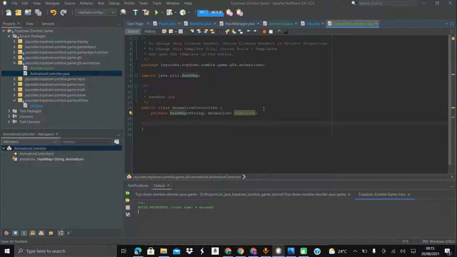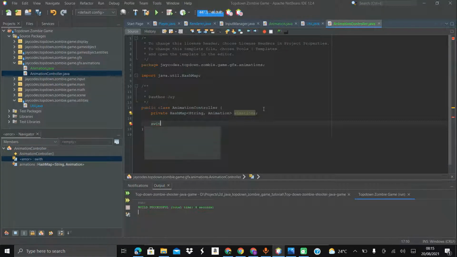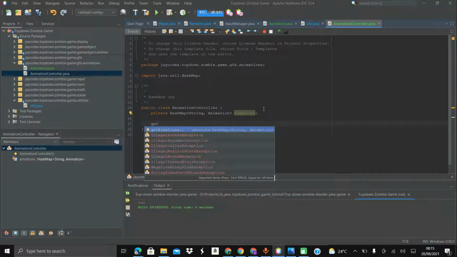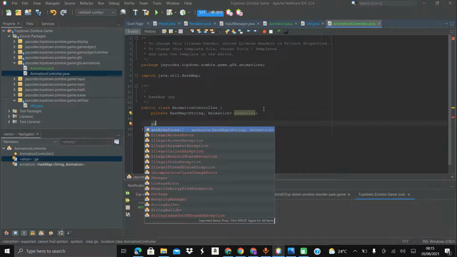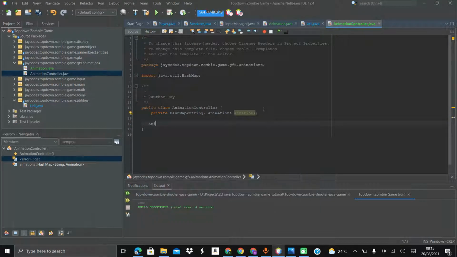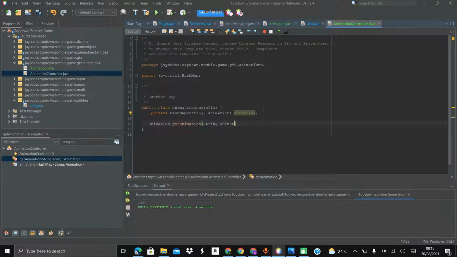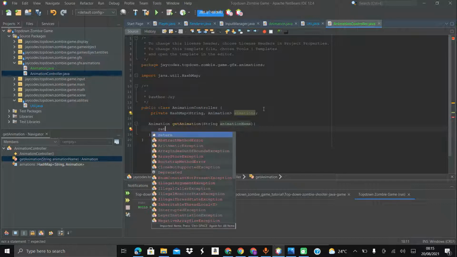Switch to this animation, switch, or should I simply say get animation? So I have a function to get animation. So I say animation get animation, and we're gonna take in a string name, string animation name, and what we're gonna simply return is we're gonna return